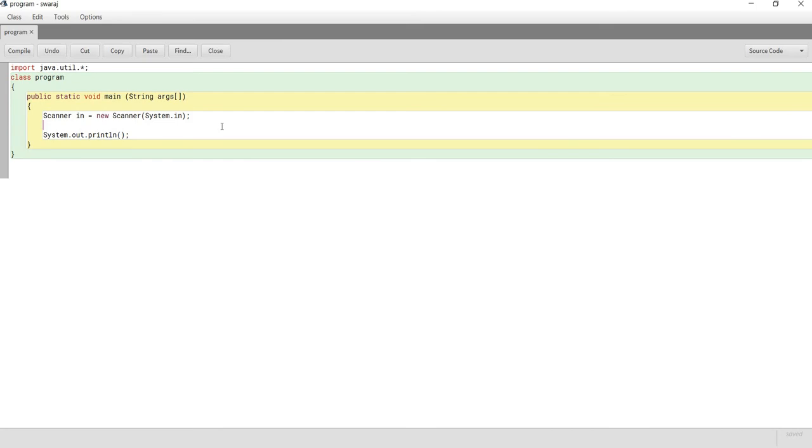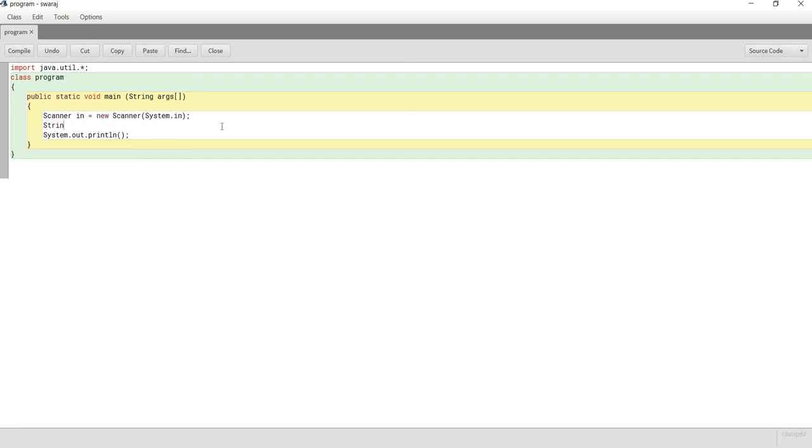Moving on to the last string function for today, which is equals. Equals is a boolean type of string function which checks whether the two compared statements are equal. It checks each and every character, whether it is in uppercase or lowercase, and gives us output as true or false. To understand this better, let's write a suitable program. First, I have written the basic program which includes header files and declared the scanner class. Now we will write a main program.